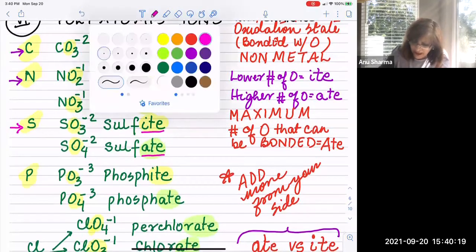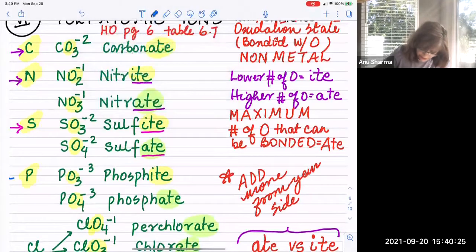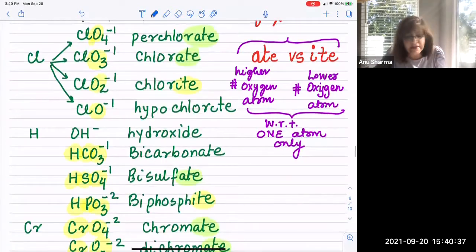Now look at phosphate and phosphite. 3 oxygens is phosphite and 4 oxygens is phosphate. Now look at chlorine. Initially we found that chlorine could connect with a maximum of 3 oxygens only, but we see that chlorine is also capable of connecting with 2 oxygens. So with 2 oxygens it's chlorite, and with 3 oxygens, chlorate. But later on, we discovered